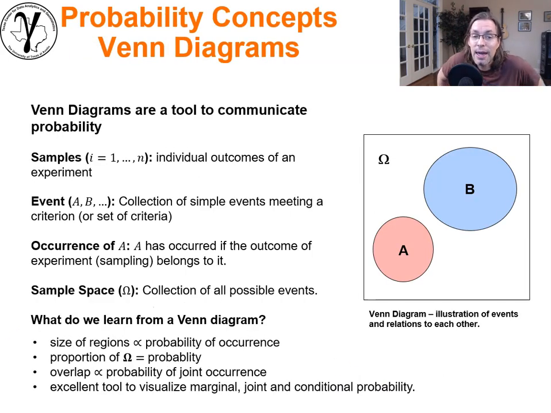Now we're going to use Venn diagrams a lot to define probability logic based on this frequentist approach, and we'll build up from it. We'll get all the way to conditional probabilities and Bayesian approaches for the next lecture. And so if we're going to talk about Venn diagrams, let's just make sure everybody's on the same page. This is a Venn diagram right here. It is a great tool to communicate probability.